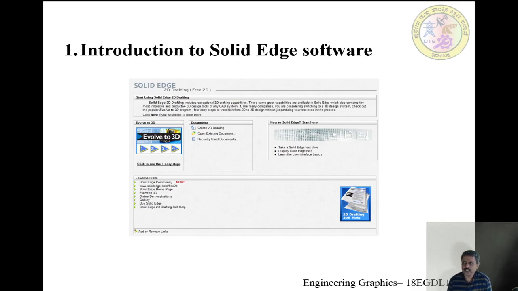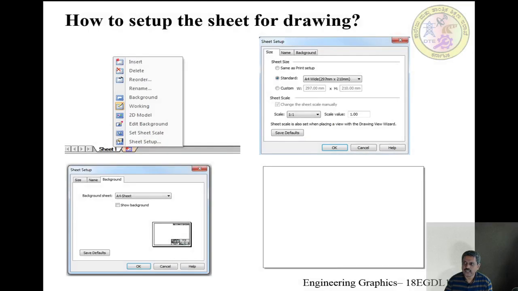This is the first screen, and here if you press Control N or simply click New, you will automatically get into the next screen, where you will be provided with a drawing sheet, which is by default A2 size, which we are not interested in. That is why we have to set up the sheet.